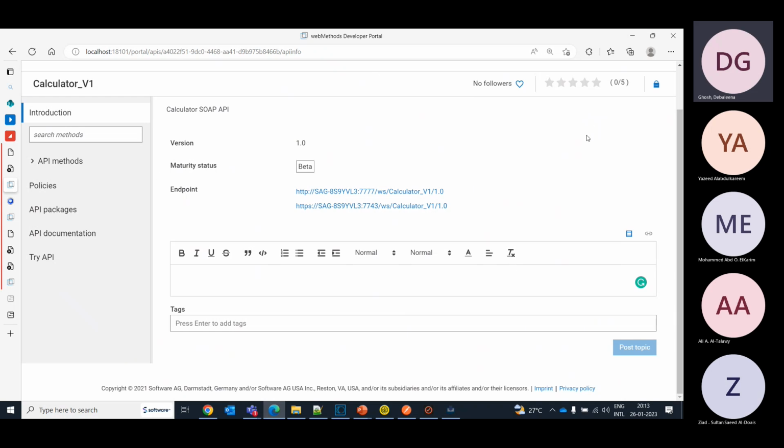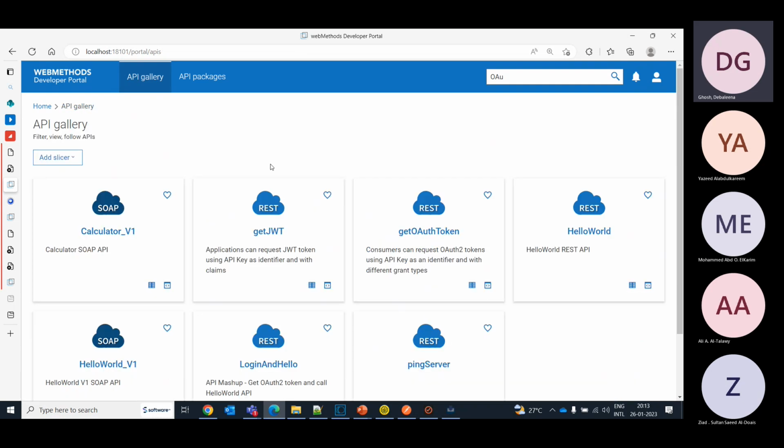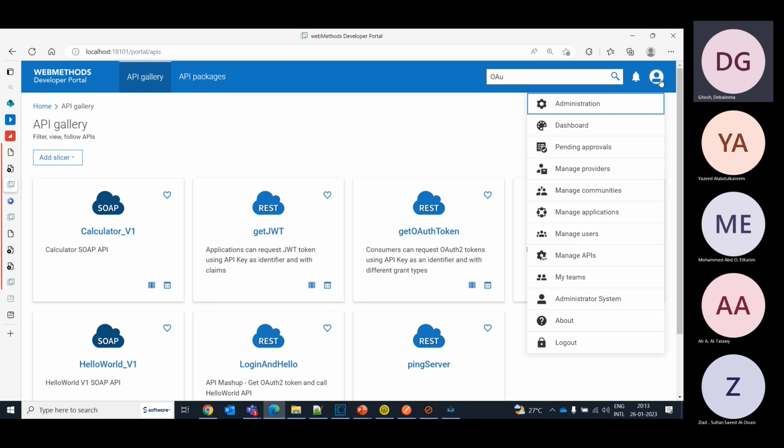Now, while this is good, while all these features are nice, the next thing that we need to consider is how we can allow users to come and log into this platform. So for that, API Gateway has something called a user onboarding feature. Now, the user onboarding feature comprises two activities. One is